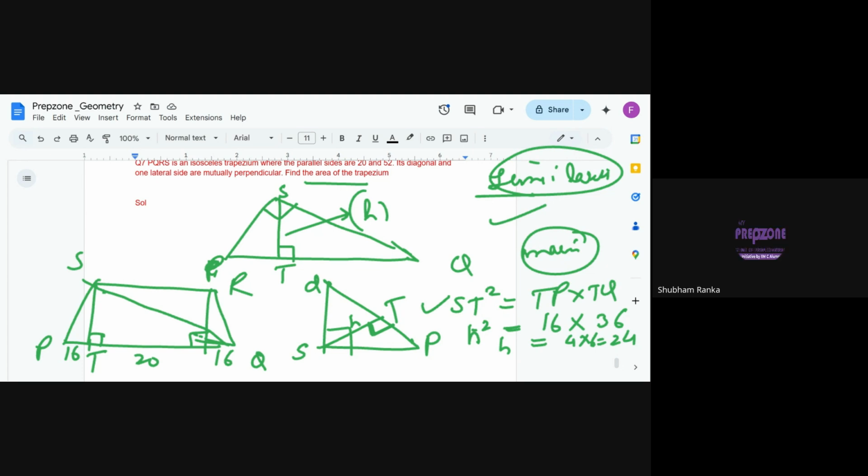What is the area? 864. Half into... मतलब फिर formula है, nothing else. हाफ ट्रेपेजियम का फॉर्मूला होता है हाफ इनटू सम ऑफ पैरेलल साइड्स into altitude, I mean into height. करेक्ट, ओके।